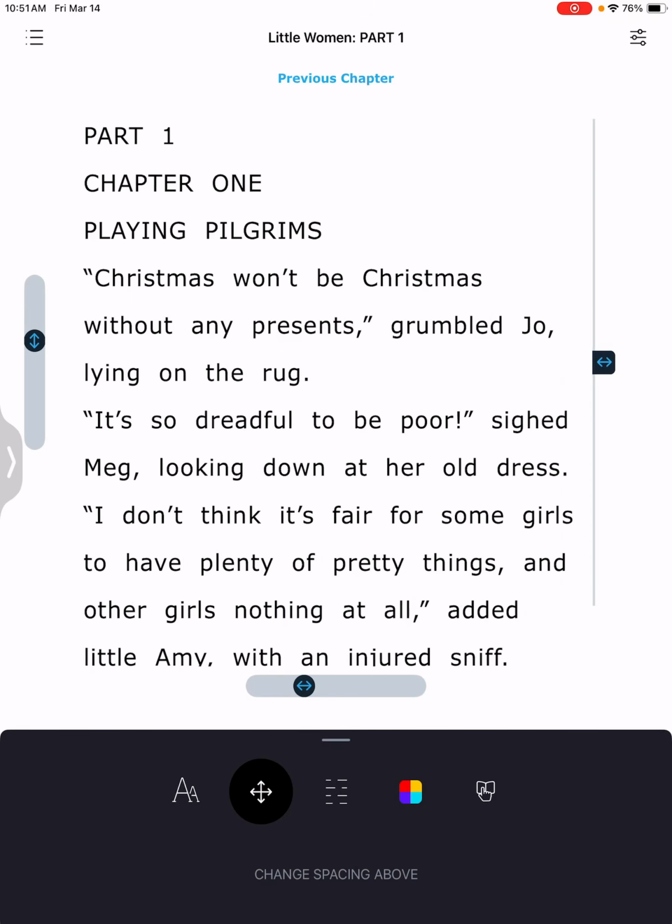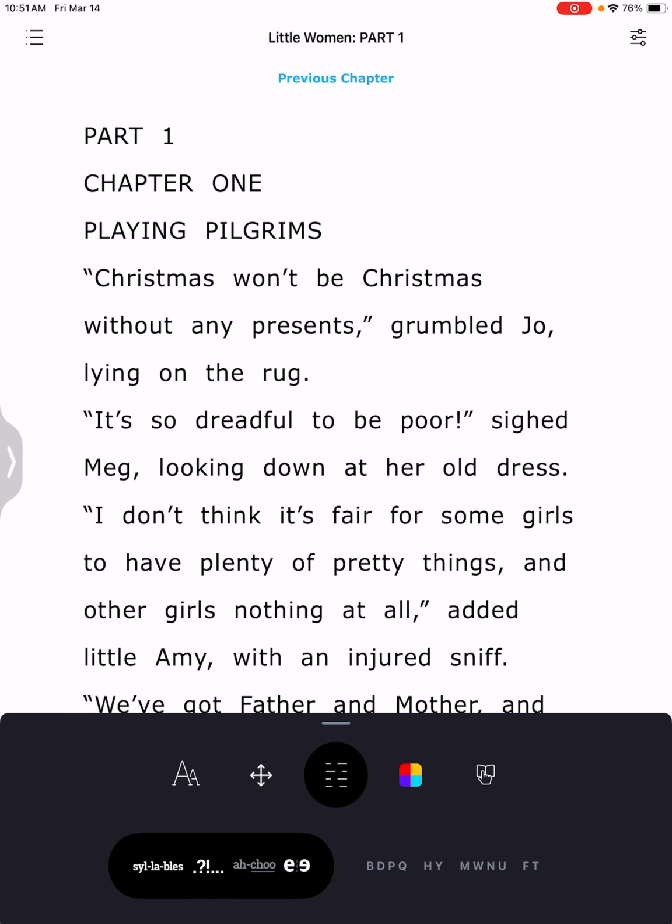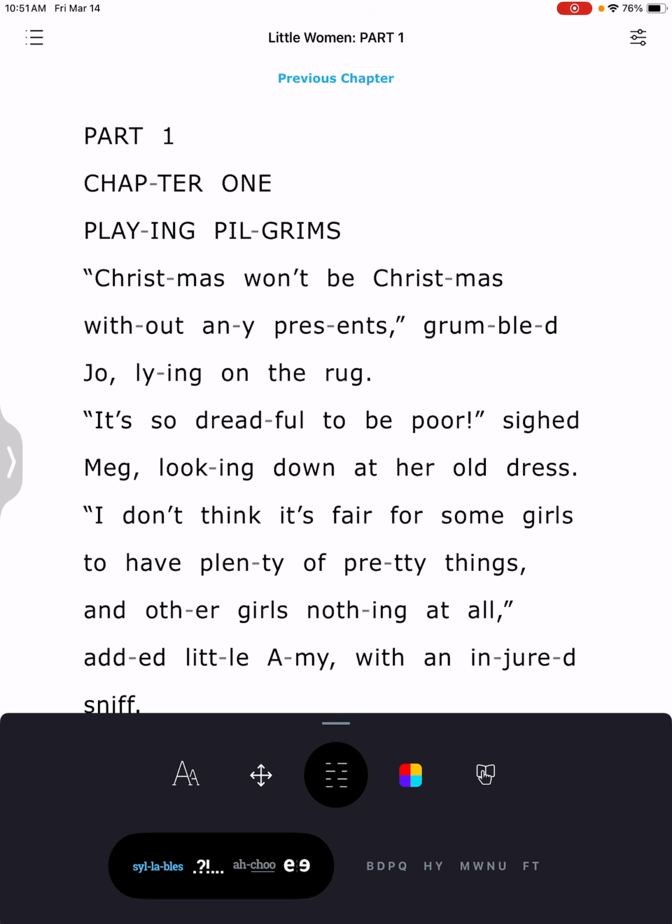Now, if I look down at the bottom bar again, I see the broken lines. If I tap on that, you'll notice some things come up underneath. The first that you see in that darkened oval is the word syllables. If I tap on that, that's going to break words into syllables. It's going to break them down so that you don't have to. It's done for you. Making it easier when you come up against those words that you don't know to figure